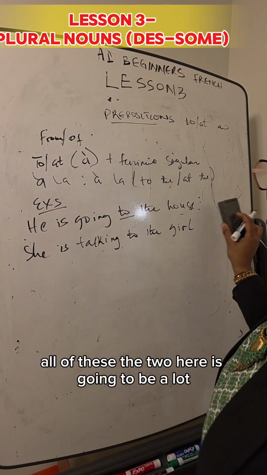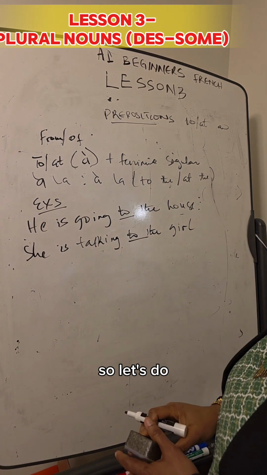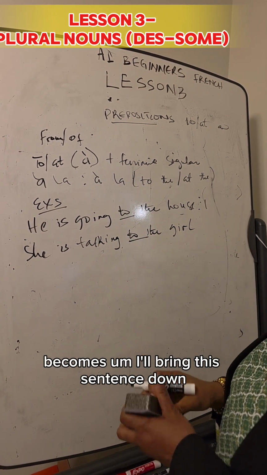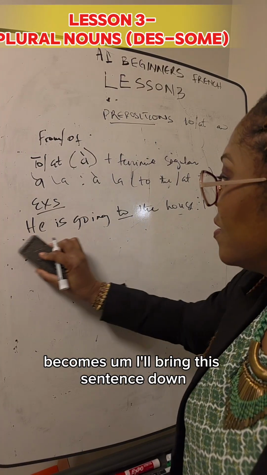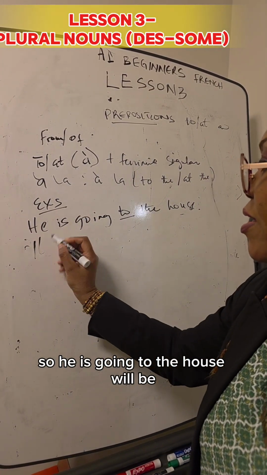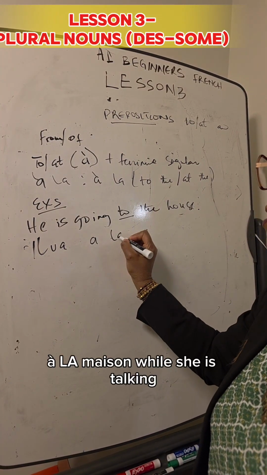So all of this, the two here is going to be a la. So let's do he is going to the house. So he is going to the house becomes, I'll bring this sentence down. So he is going to the house will be il va à la